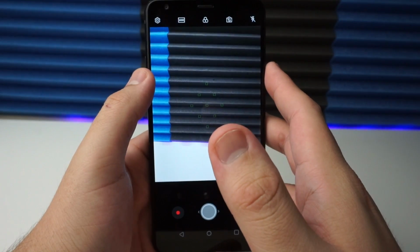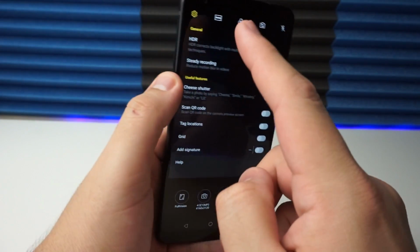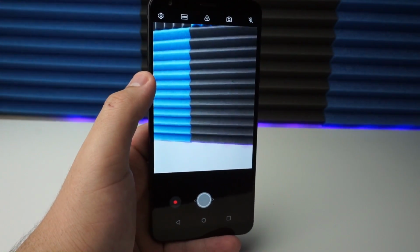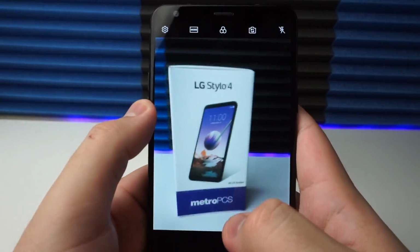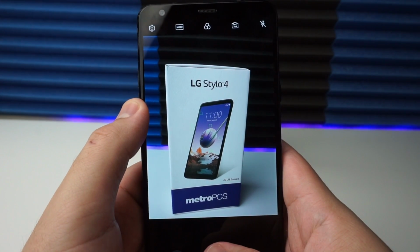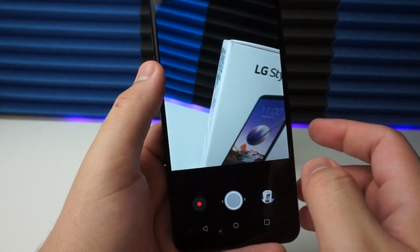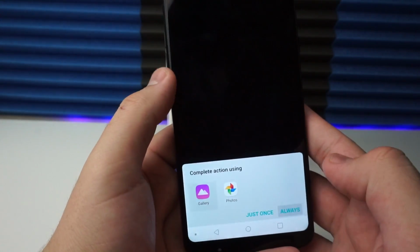Looks like we have the same setup on the camera as the LG Stylo 4, so you guys know that LG Stylo 4 camera is actually pretty decent. We're gonna go ahead and take a picture really quick and take a look at this, but the camera is pretty decent. Very, very fast focusing. 3, 2, 1, go. So yeah, we have a 13 megapixel PDAF rear camera,